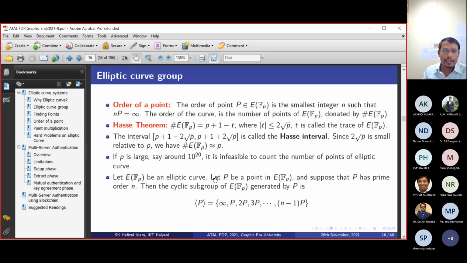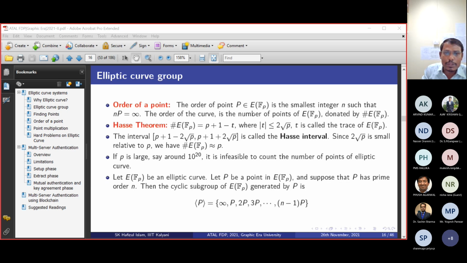So that is why in cryptography we are not considering the entire elliptic curve. We are considering a set of elliptic curve points that is a subset of this. If you remember the concept of generator from yesterday's discussion, here I have taken P as a generator point. That means with the help of P, we can write 0P, 1P, 2P. This is the way. Suppose the order of the group is n, so n elements will form a group G, where P is a generator.